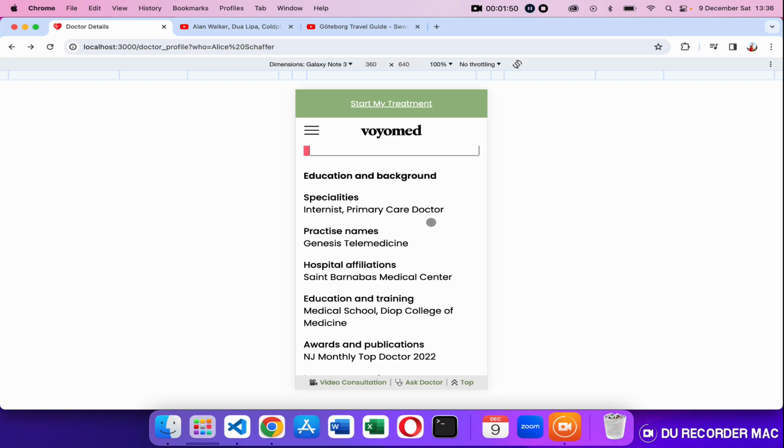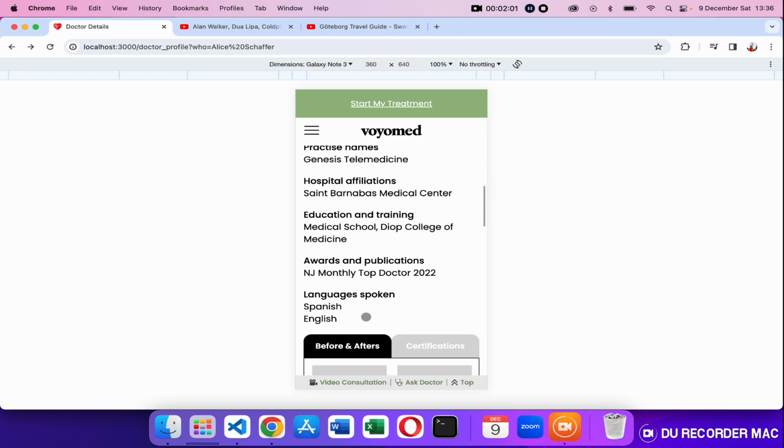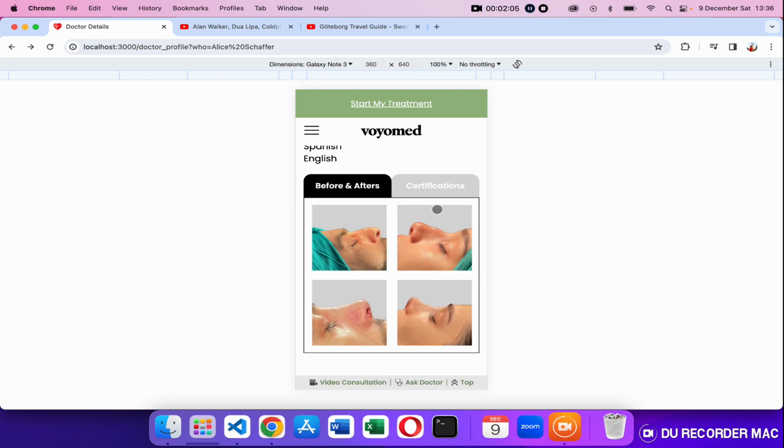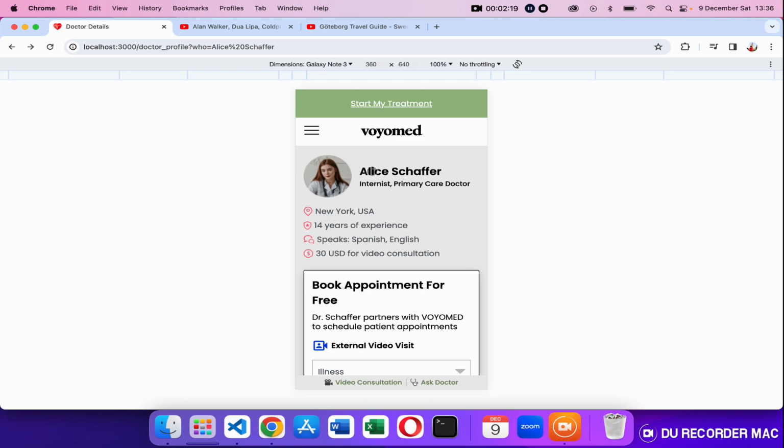Also the background of the doctor comes from the backend: her specialties, what practices, and also affiliations, educational background, what languages she speaks. And also we have before and after images. This is supposed to be the case for a plastic surgeon or so, but for the sake of creating the page I just included this because it doesn't make sense to have those images for a primary care doctor